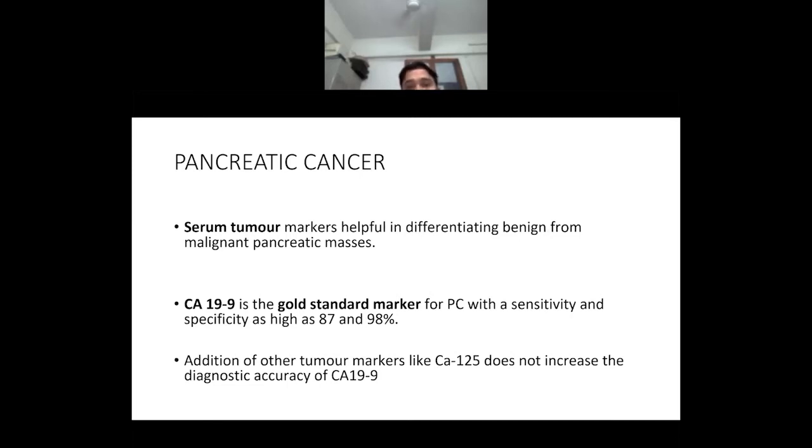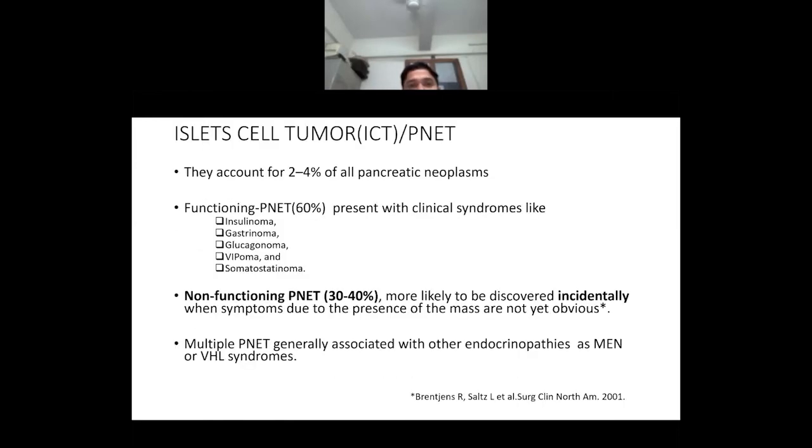CA199 is the gold standard marker for pancreatic carcinoma, with sensitivity and specificity as high as 87 and 98% respectively. Addition of other tumor markers like CA125 does not increase the diagnostic accuracy of CA199. Coming to islet cell tumor or pancreatic neuroendocrine tumor, which accounts for 2 to 4% of all pancreatic neoplasms, and